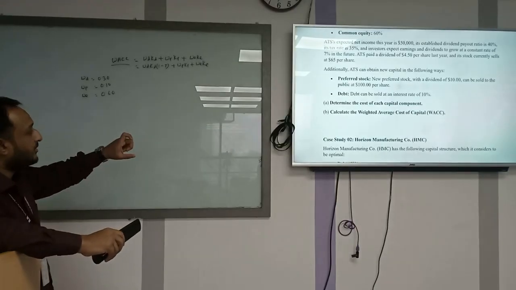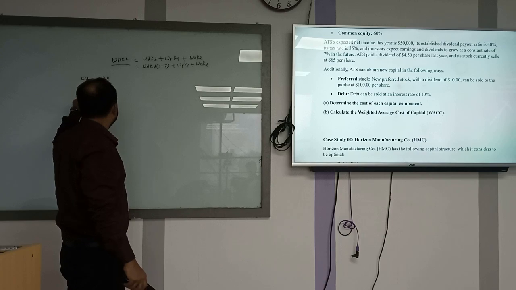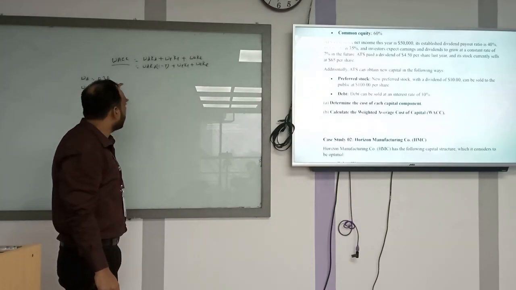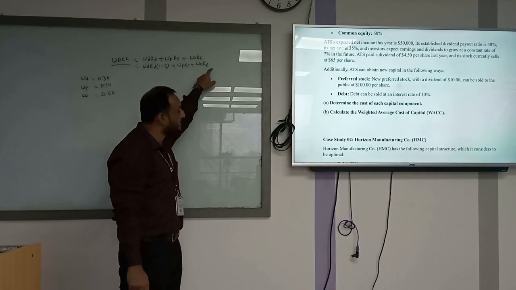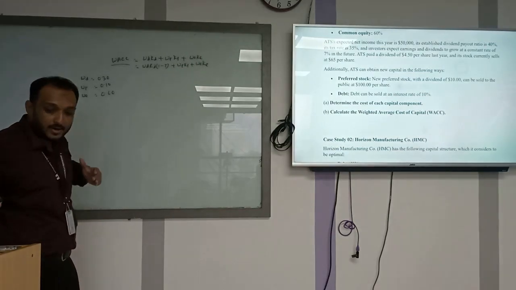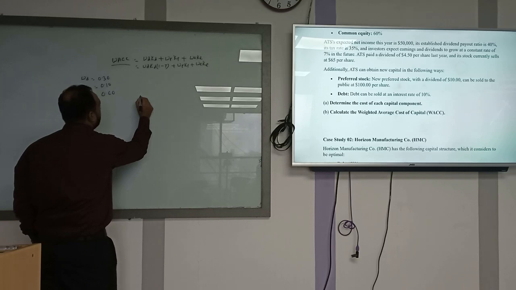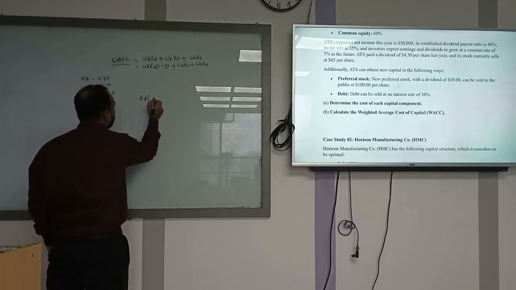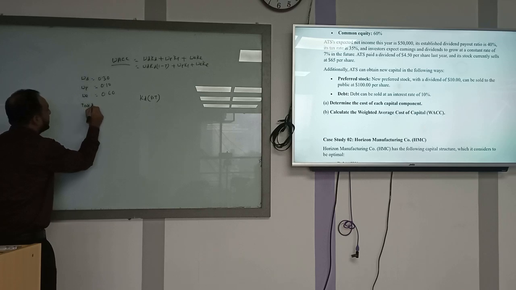So, first requirement হচ্ছে আমাকে এই যে ক্যাপিটাল কম্পোনেন্টগুলো আছে, মানে ডেট, প্রেফারেন্স স্টক, কমন স্টক, এর কস্টগুলো বের করতে বলেছে, এন্ড দেন আলটিমেটলি আমাকে WACC বের করতে বলেছে। ক্লিয়ার, প্রিটি সিম্পল। সো আমরা ওয়ান বাই ওয়ান উইল গো থ্রু। ওকে, সো ফার্স্ট আমরা কি করব? ডেট বের করব, তার মানে KD বের করব। সো KD এটা হচ্ছে আপনার BT মানে বিফোর ট্যাক্স।